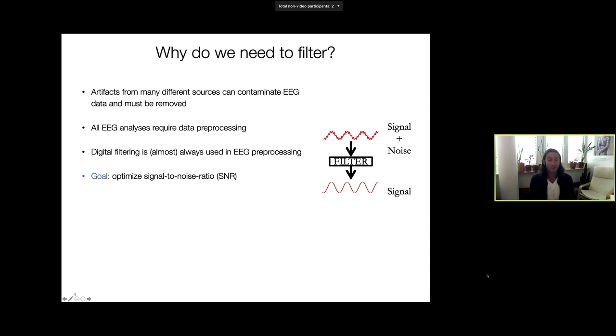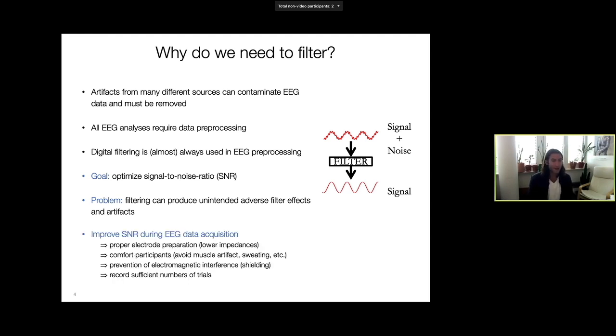And the goal of filtering is always to optimize the signal to noise ratio, which means to reduce the noise and maintain the actual signal. However, filtering can produce unintended adverse filter effects and artifacts, which I will show you throughout the lecture. So the best way is that we should already take some measures to improve the signal to noise ratio during